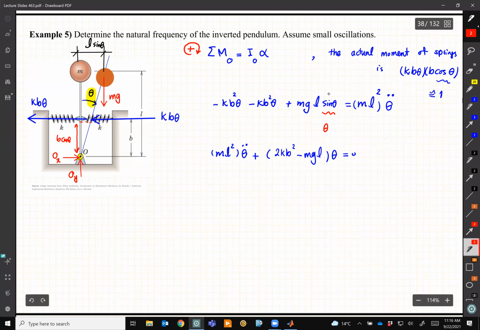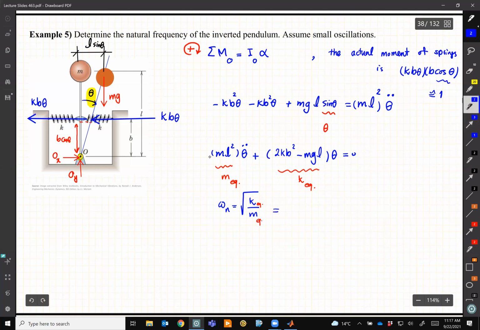So this is our equation of motion. For us, this is the equivalent mass, and this is the equivalent stiffness. No matter what they have or what their unit is, in some problems we may simplify them. For example, we may divide them by L squared. So this one looks more like mass, but it doesn't matter, because eventually we are interested in knowing the natural frequency of this system. And the natural frequency is always k over m, or k equivalent over m equivalent,